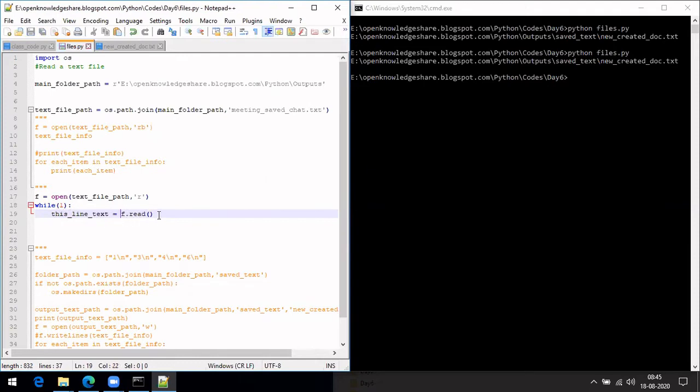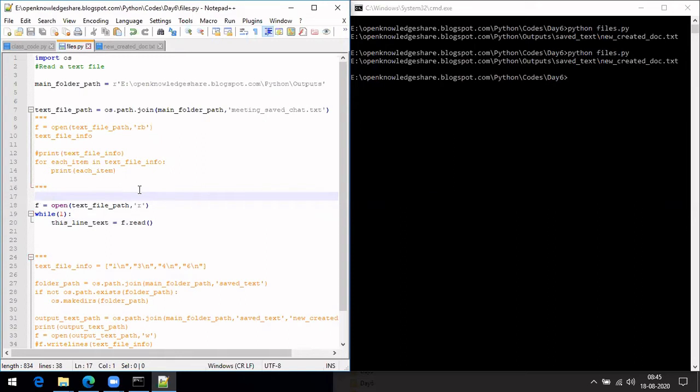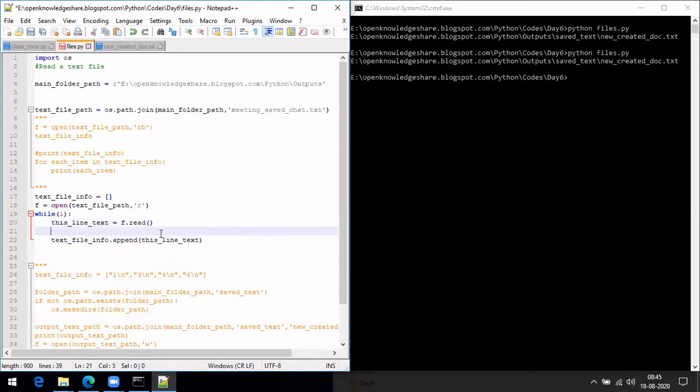Now you have a line, and let's say you want to store those values in a list. So let's define a list initially, and I want to append this line. And maybe I also want to print it and see what exactly it has done.